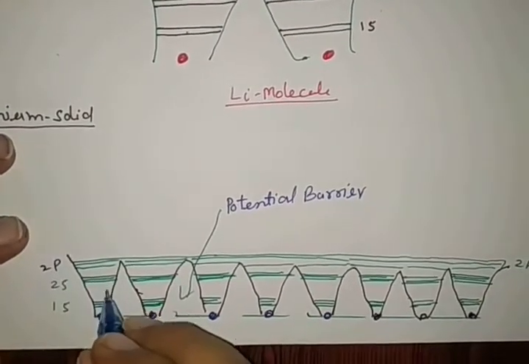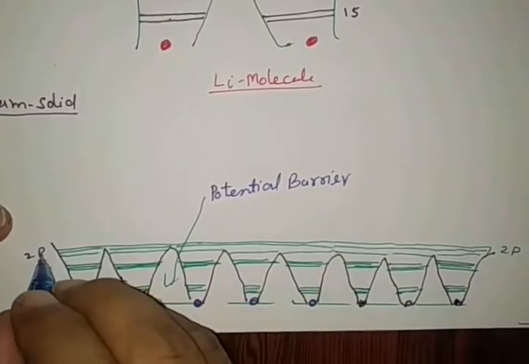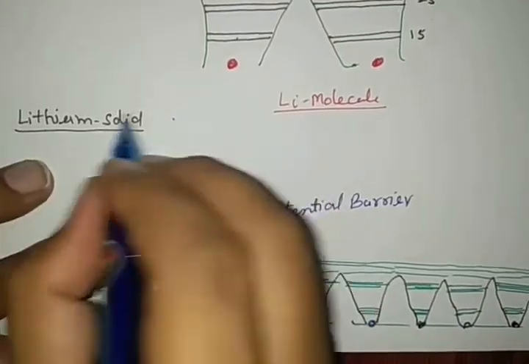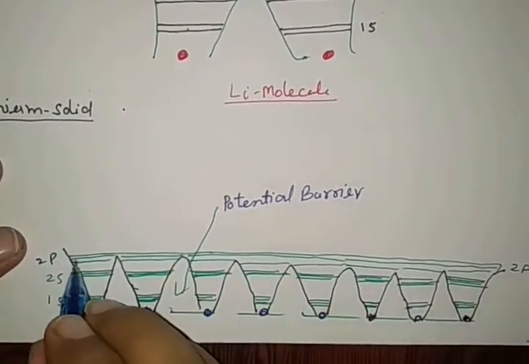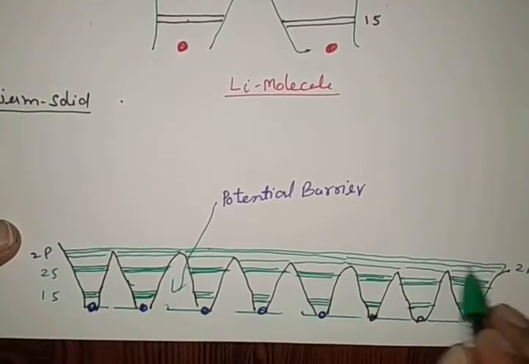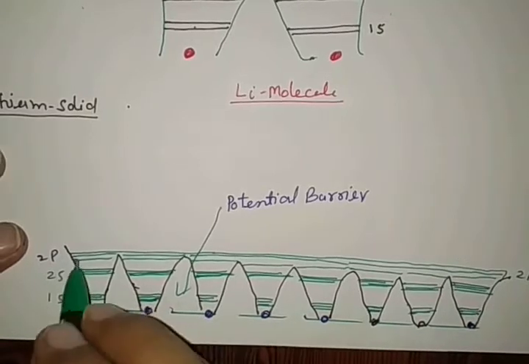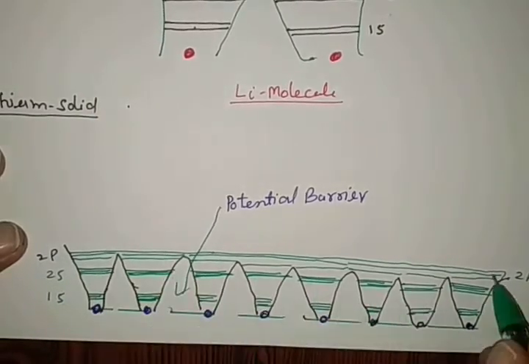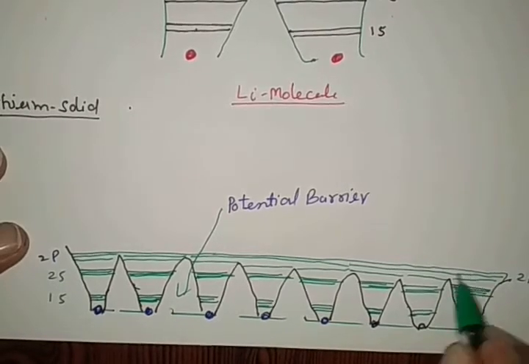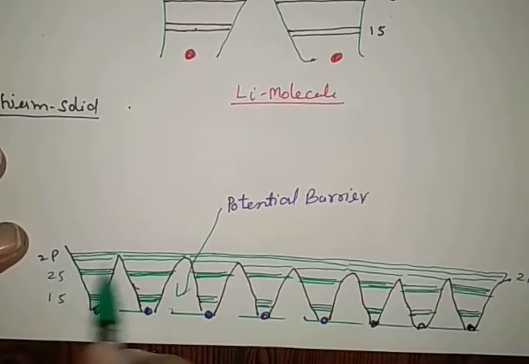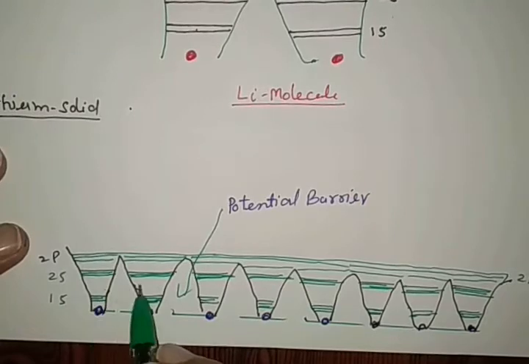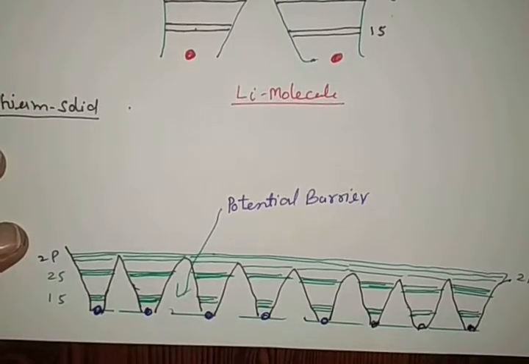But see what happens if an electron by any way reaches 2p of a lithium atom, lithium being a solid. If electrons reach 2p, they are free to move from here to here in the same way. So the dynamical behavior, the movement behavior of the electron, is free. The outermost electron behaves like a gas molecule on the surface, but there is no effect on these inner ones because they are stopped by the potential barrier of one atom to another atom.